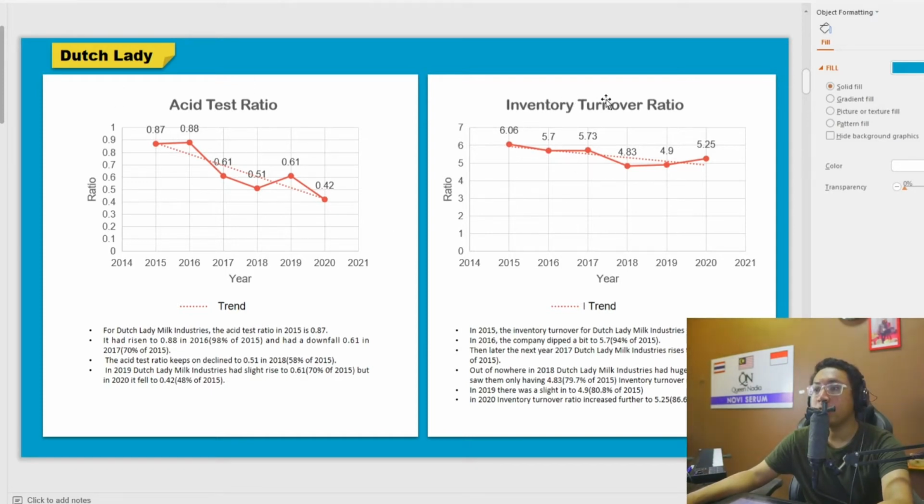For inventory turnover ratio in the first year, it had 6.06 and then it decreased to 5.7 and then it increased to 5.73 and then decreased to 4.83 and then increased to 4.9 and then to 5.35 in